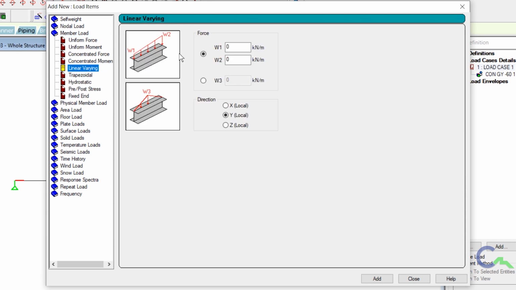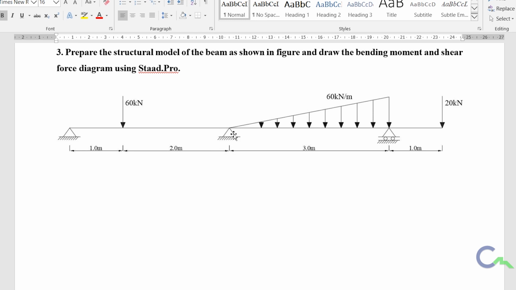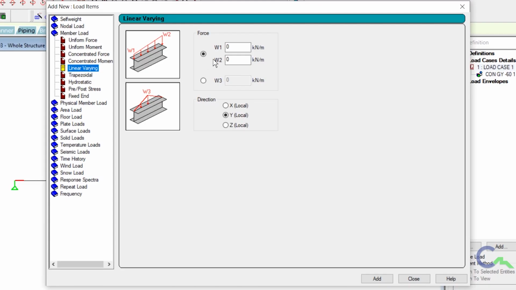Click on that option. If I see in the diagram, on the left side we have the value 0, and on the right side we have 60 kilonewton per meter. In STAAD.Pro, the W2 value I am going to give as minus 60 because it is acting downward. On the left side it is 0. Then click on add, then close.